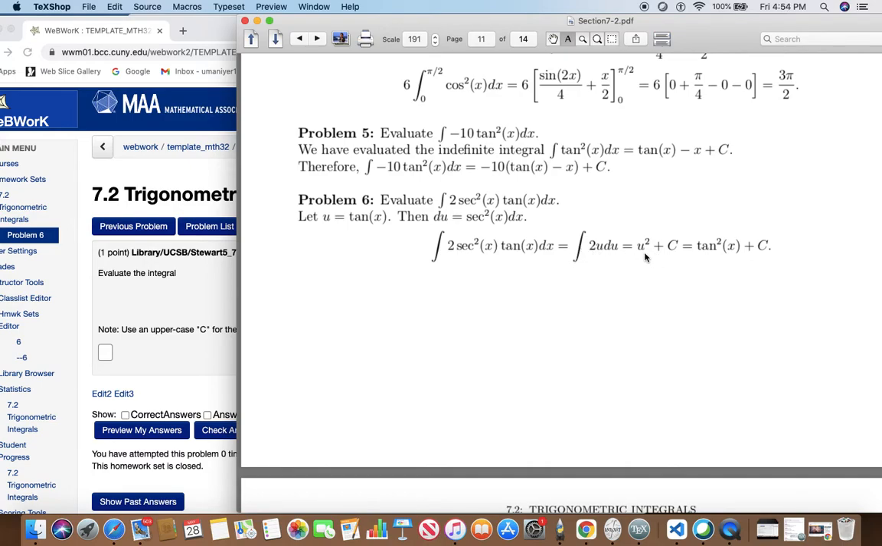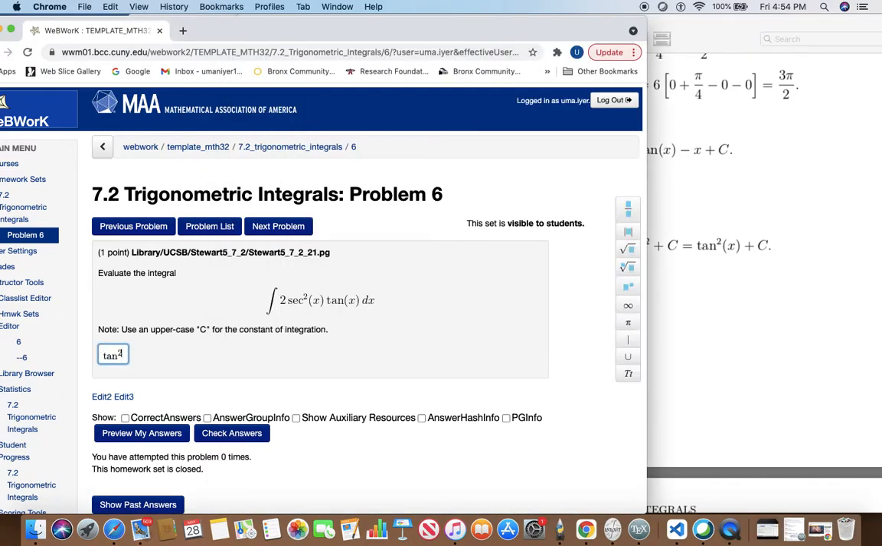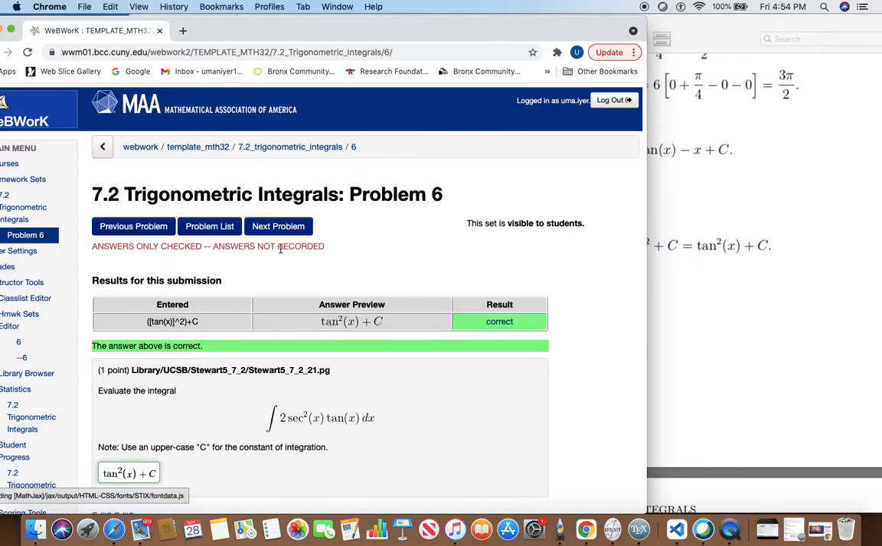The integral of 2u du is u squared plus c. U being tan x, it is tan squared x plus c. Constant of integration. Next,